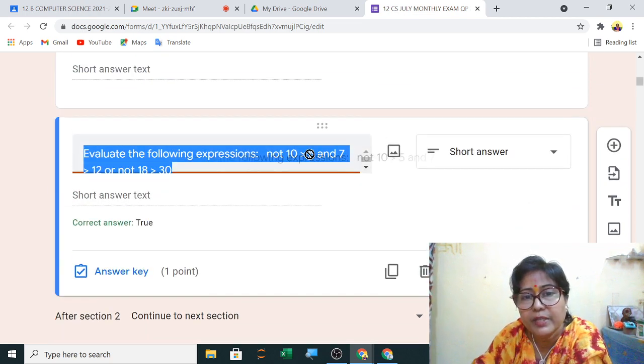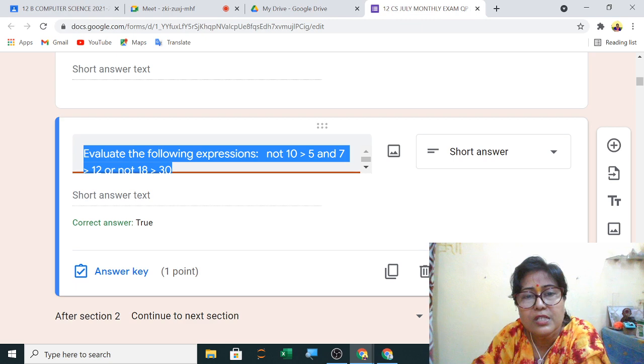So this will be True. 7 greater than 12 will be False. Or not, meaning 0 greater than 30 will be False. So 18 is greater than 30, False, False.